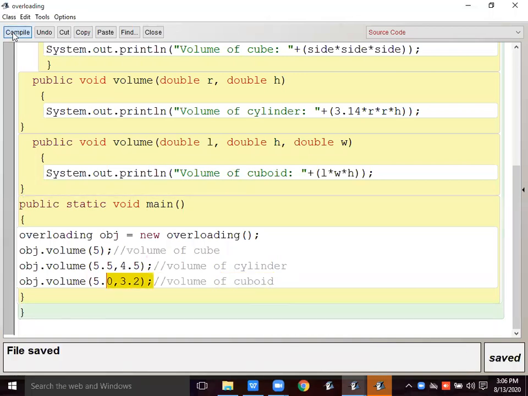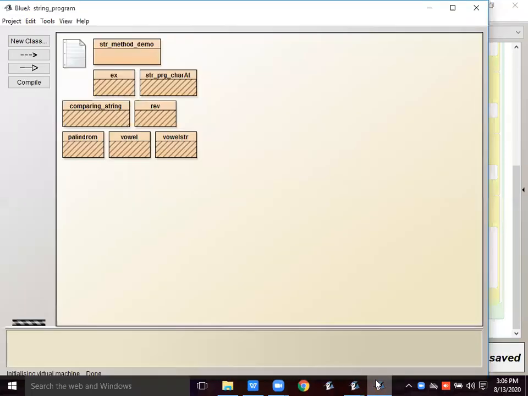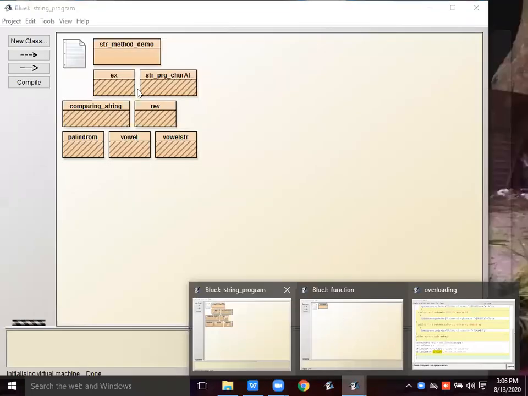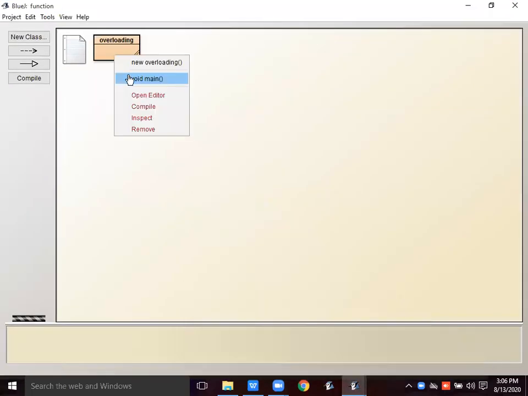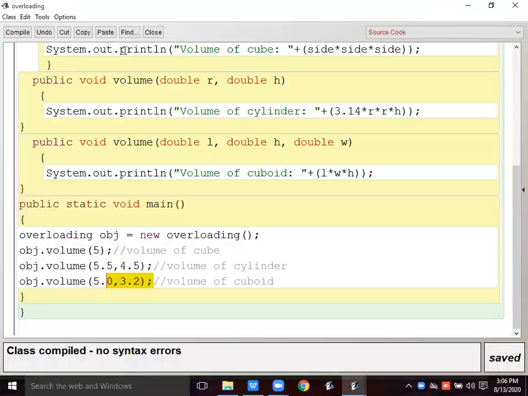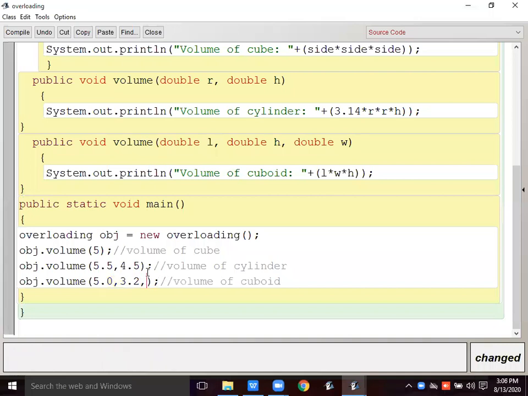See that, compile, then execute. See that: cube, cylinder, cylinder. Because here I'm passing only two parameters. So which signature is going to be matched? This second signature. So it's going to execute that second method only.